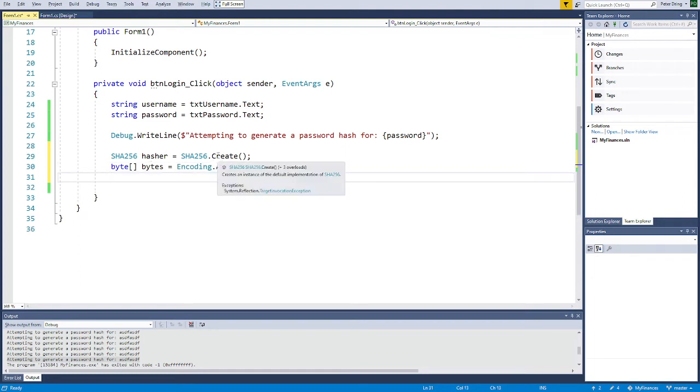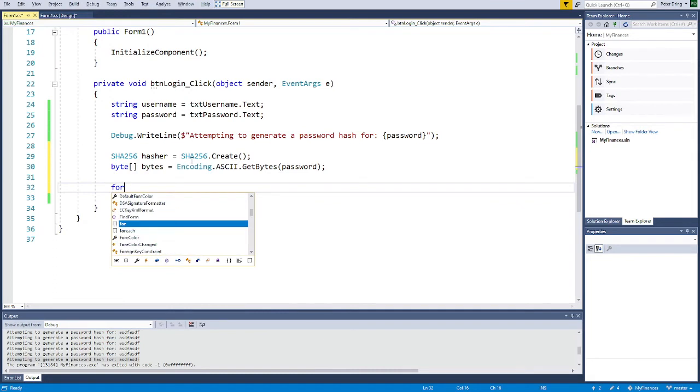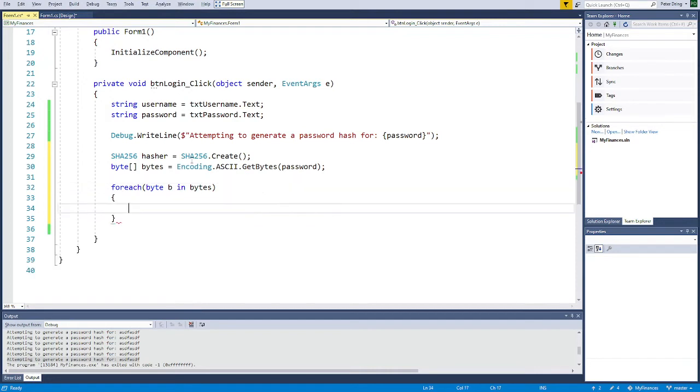So that will generate the hash, but it's going to be in actual binary data, and we want to represent that binary data in hexadecimal because that's what's stored in our database. So how do we do that? Well, we're going to iterate through each of those bytes. For each byte B in our array of bytes,